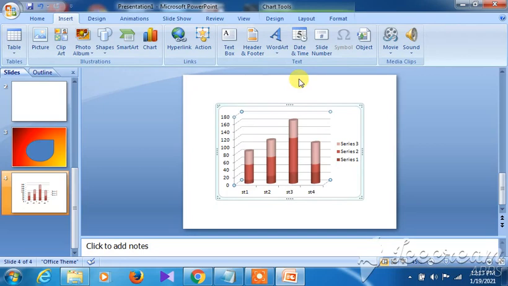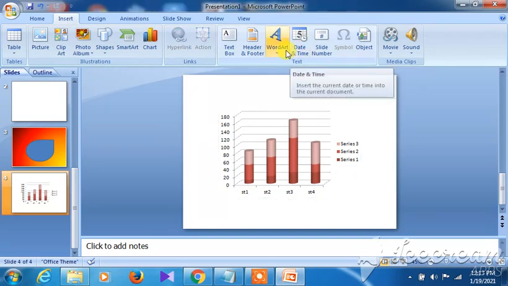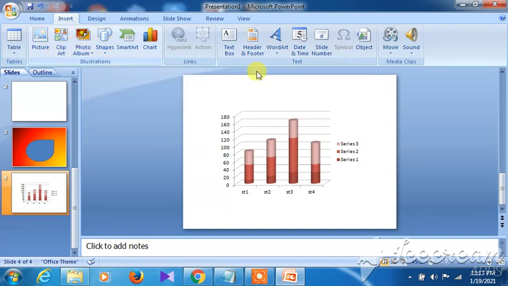So what could you do from here? You can insert the date and time, and you can insert word art also. I had shown you the shapes and the background style also. All right, so in this way you will be able to work effectively in PowerPoint by these things. These are the very important activities in a PowerPoint presentation. Thank you.